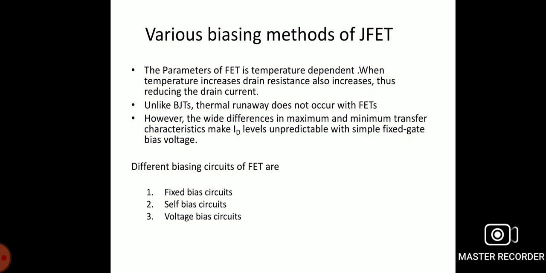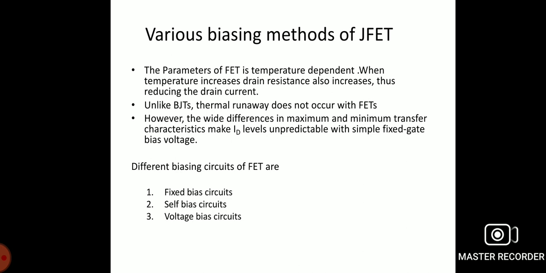JFET, that is the junction field effect transistor. Here the parameters of the FET are temperature dependent. When temperature increases, the drain resistance also increases, thus reducing the drain current. Unlike a BJT, thermal runaway does not occur in the FET. However, the wide difference in maximum and minimum transfer characteristics makes the drain current levels unpredictable with a simple fixed